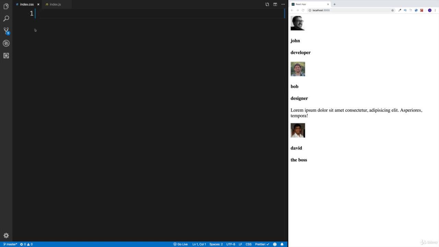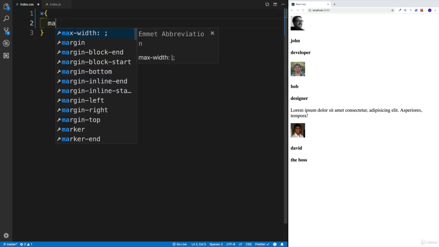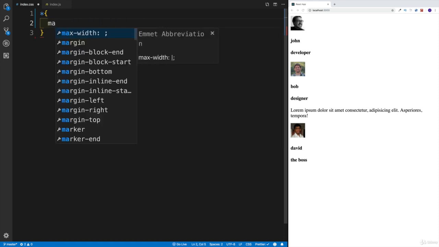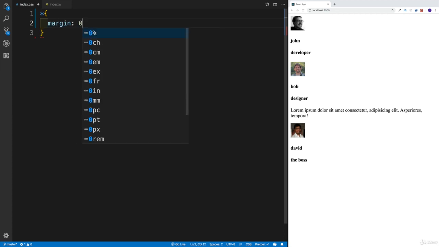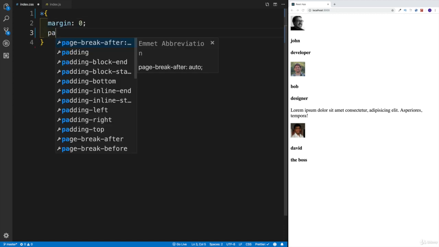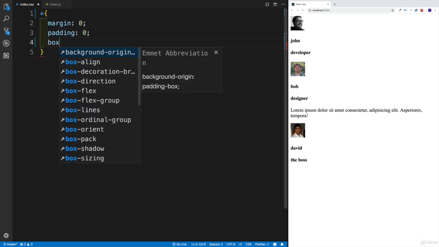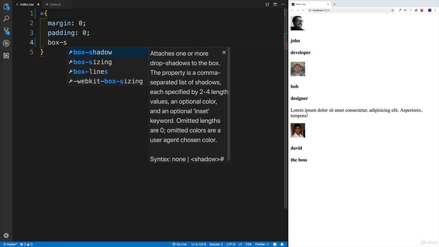Styling might actually take a little bit longer, but in order to make this half decent, we do need to do a little bit of styling. So here we're going to be selecting all the elements. We're going to first get rid of all the browser default styles. So margin is going to be 0. Right off the bat, get rid of those. Then we're going to have padding 0 as well, box sizing is going to be equal to